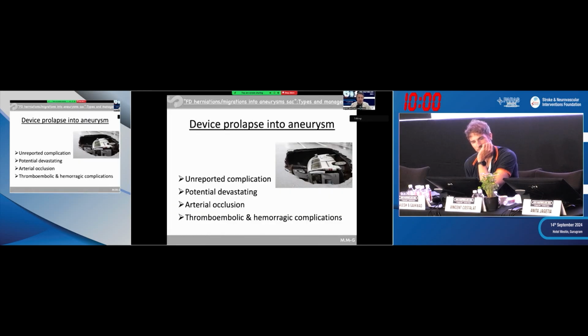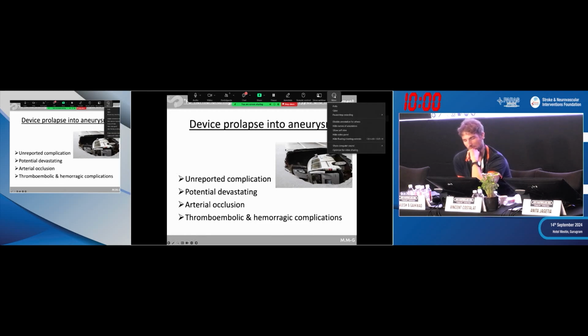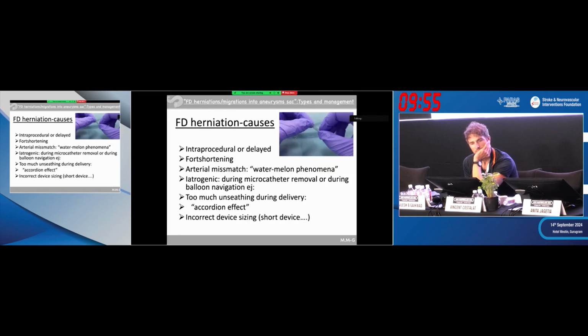Well, this type of flow diversion herniation could be device prolapse into the aneurysm. The reality is that it is an underreported complication. Nobody talks about that. There are no descriptions in the publications, no description in the trials. So the point here is that it's a potentially devastating technical complication that may end in an arterial occlusion or may end in thromboembolic or hemorrhagic complications. There are different causes for having this type of